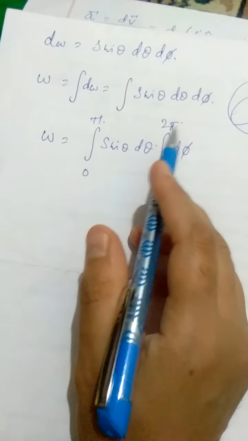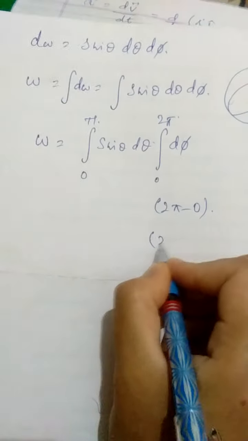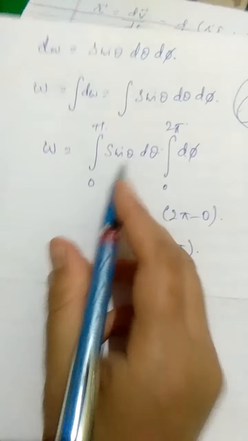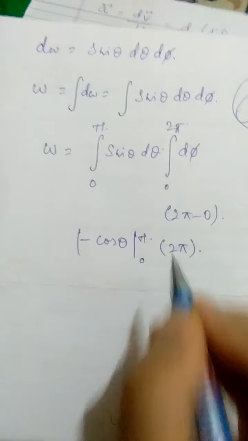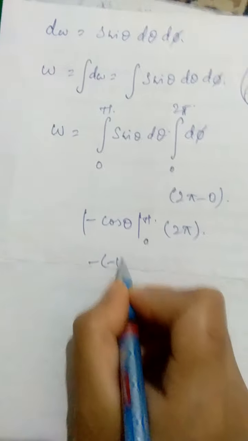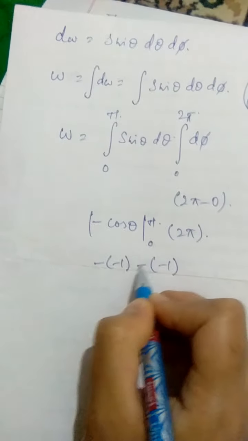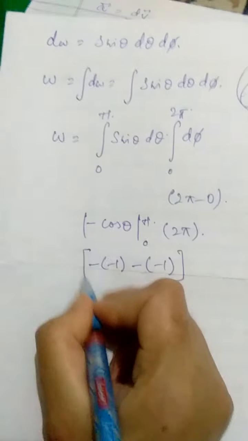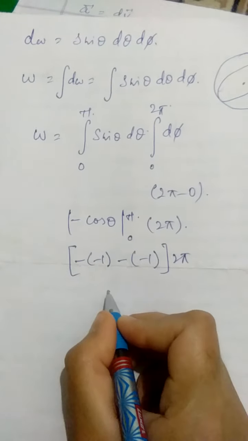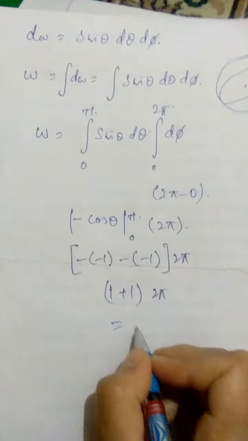So how much is this integral? It is phi, then you give the value 2 pi minus 0. So it is 2 pi only. This factor is 2 pi only. Now what is this factor? Integration of sine theta is minus cos theta, and the value of theta runs from 0 to pi. So this will be minus times minus 1 minus minus 1, because cos pi is minus 1. This minus is here, minus cos 0 is 1, minus times. So this is actually 2. So this is actually 1 plus 1 into 2 pi. So this angle is 1 plus 1, 2, 2 into 2, 4 pi.